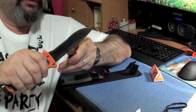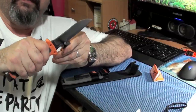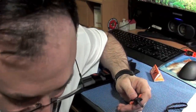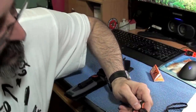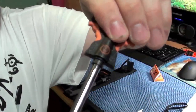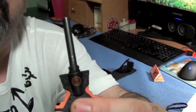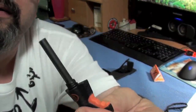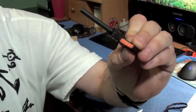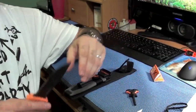whoo, those flew. Oh, let's try that again. There we go. Make sure I got nothing on fire. Alright, so that works pretty good. And you can see the reason it didn't work right away is there's a little bit of coating that had to come off that stick. But you can see right there the rest of it. So you have to get that coating off and then it starts working pretty good. So I'm going to save this for a survival situation. And